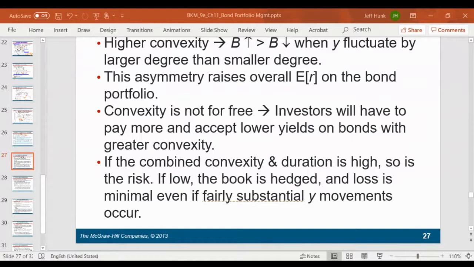All right, so that is convexity, and the application of convexity. So I'm going to have to stop recording,